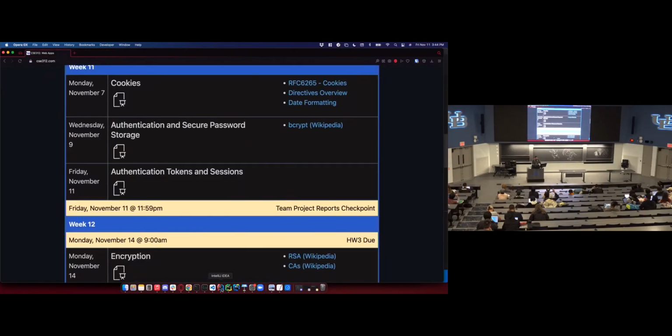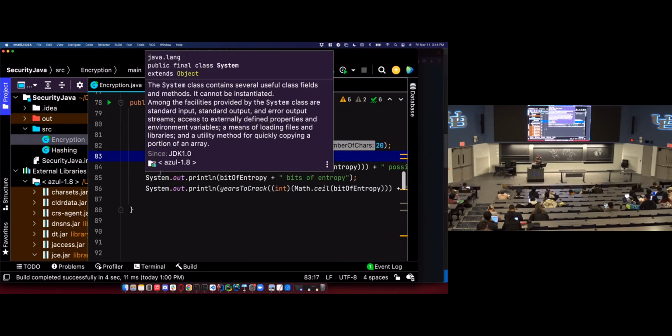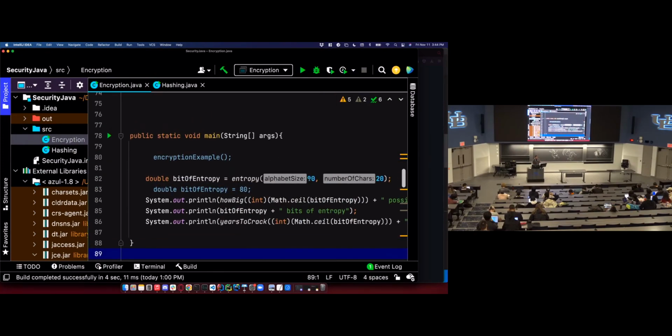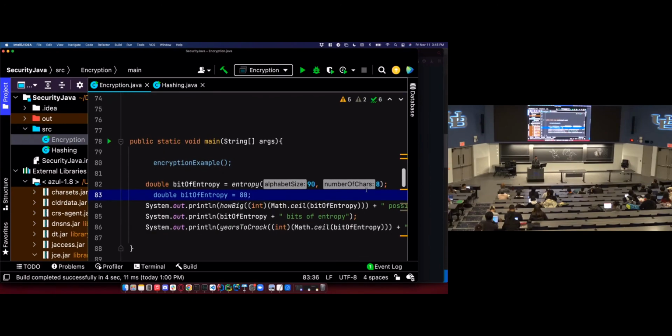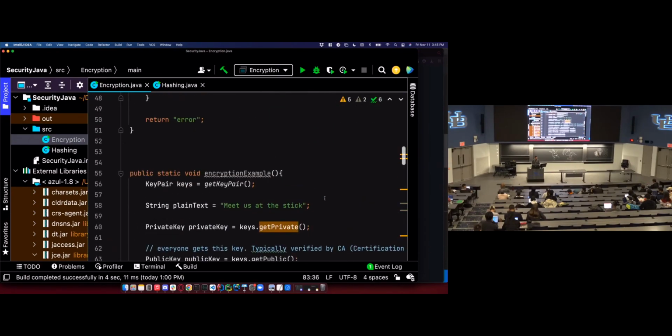And the last thing, I do have one more thing. So we talked about entropy last time and secure passwords, and I did a little bit of math on a calculator, but I want to do it a little bit differently here. I just want to run a couple of numbers for you just to visualize how entropy works. If I have 90 alphabet size, so this is our uppercase, lowercase, numbers, special characters, and I have an 8-character password, that's going to give me a certain number of bits of entropy that we looked up last time, but I want to show